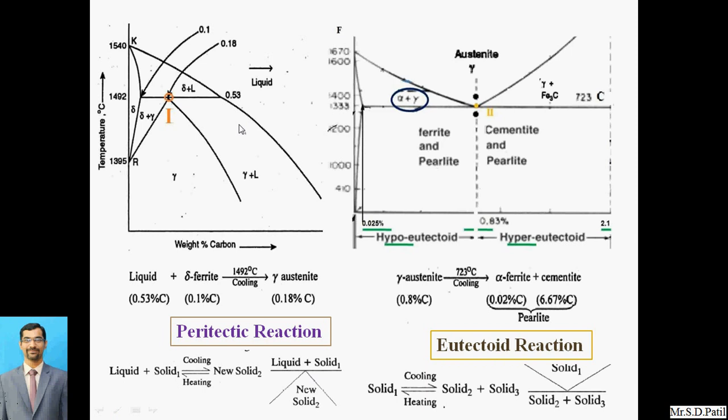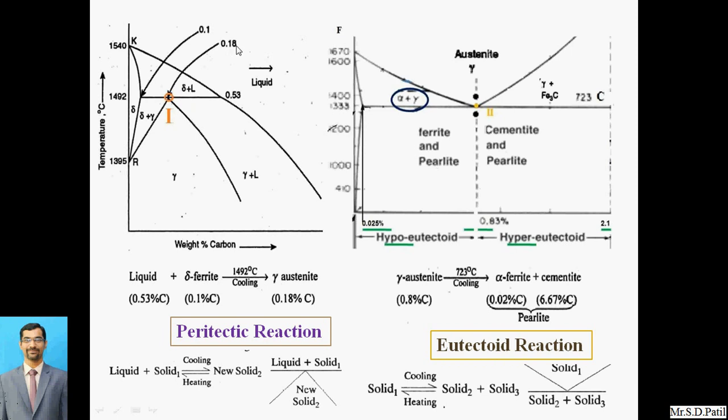That is the percentage of carbon. Here 0.1% carbon will be there. Here 0.53% carbon will be there. So similarly, this has been written over here. At 1492 degrees Celsius temperature, when we start cooling for the peritectic reaction, what we are getting is the gamma austenite. So austenite we are going to get at near about